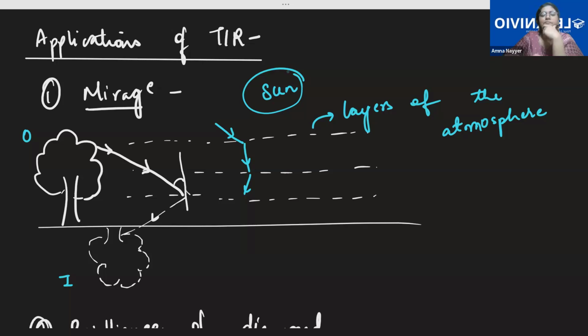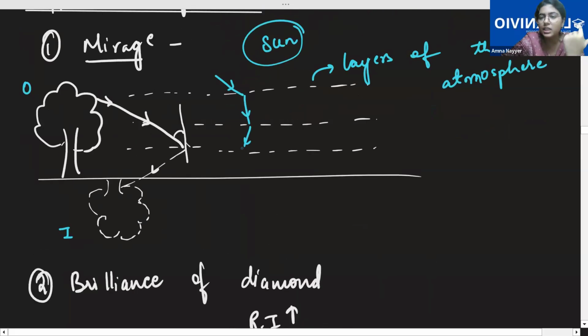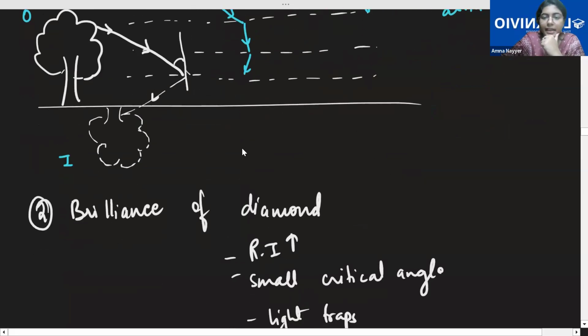Okay. All right. So like this, because of different layers of atmosphere, the images are formed. So that is one important application, mirage formation, that is often used in literature as a metaphor for many things. Then second is